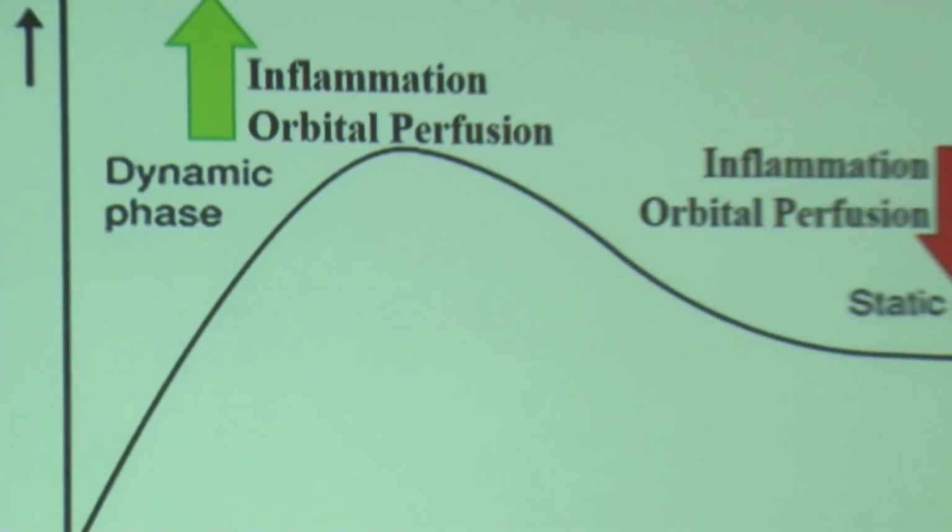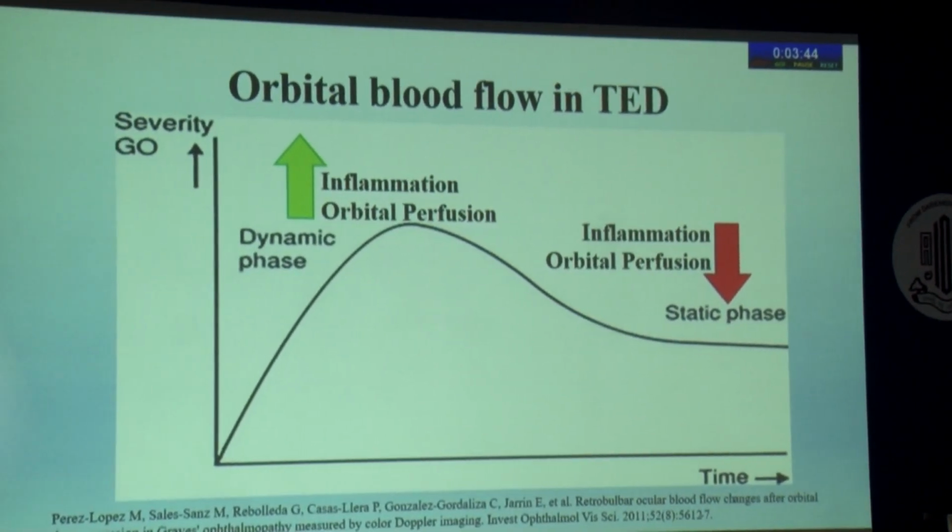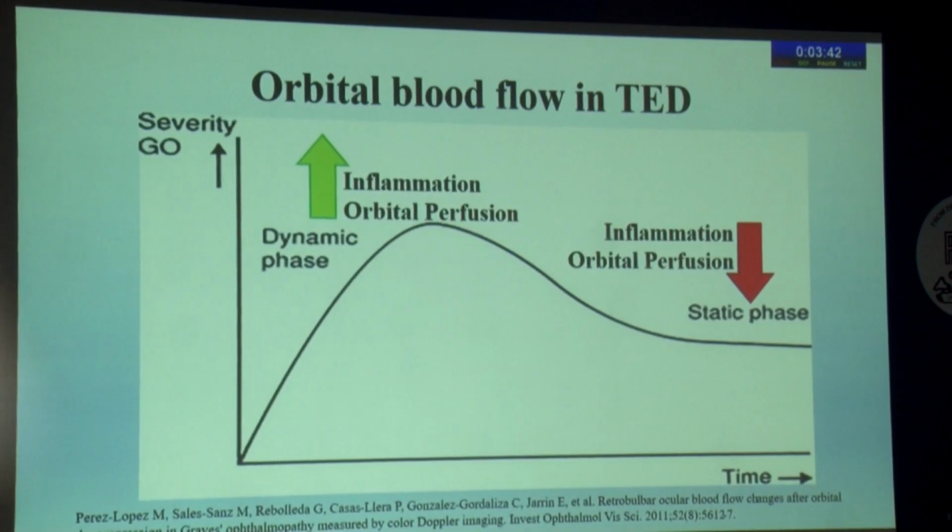Good evening. I'll be discussing thyroid eye disease orbital perfusion changes. As we all know from Rundle's curve, there is an active phase, which is the dynamic phase. The inflammation increases and consequently the orbital perfusion increases for the initial 12 to 18 months, followed by an inactive phase when the inflammation decreases and the orbital perfusion has also been described in the literature to decrease beyond the normal